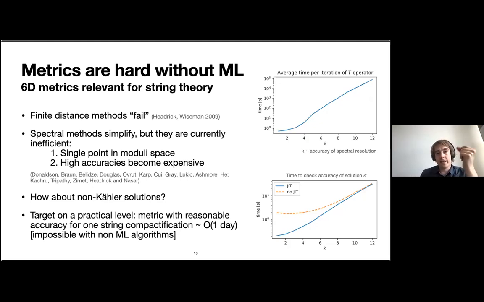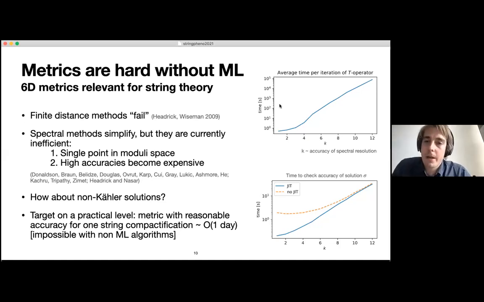However, the second point is also important, namely that if you want to go on in accuracy, if you want to get better and better approximation, I mean, this is an approximation scheme of the metrics, this becomes more and more expensive. And I'm showing you here some typical numbers that appear if you know about the algorithms. To evaluate, say, a T operator, the average time that it needs grows quite quickly.